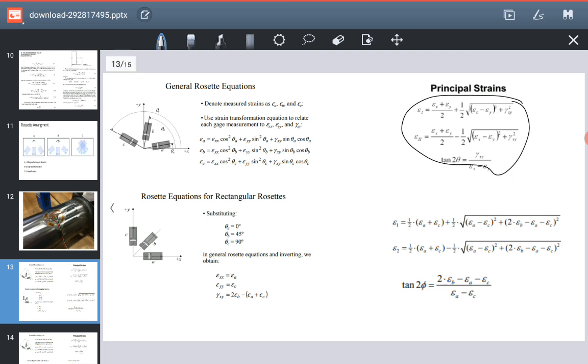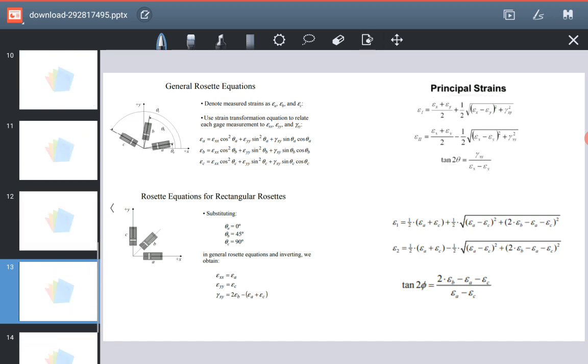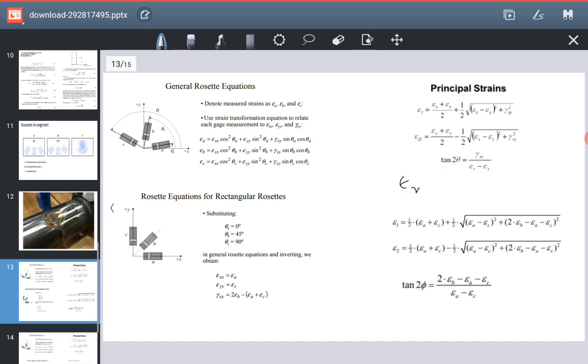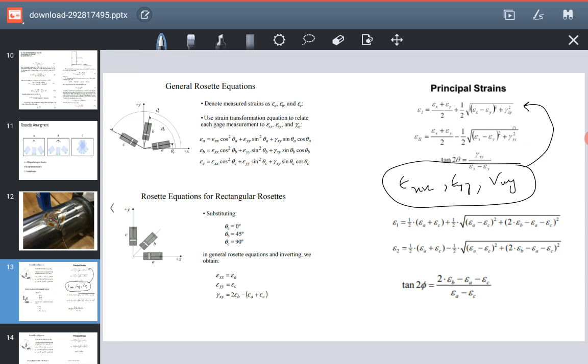All you have to do is find out the values of Exx, Eyy, and gamma xy. If you know the values of all of these, you can simply put them in these equations, and you will end up with the principal strains composed of strains of elements in the rosette arrangement. Okay, let me explain what